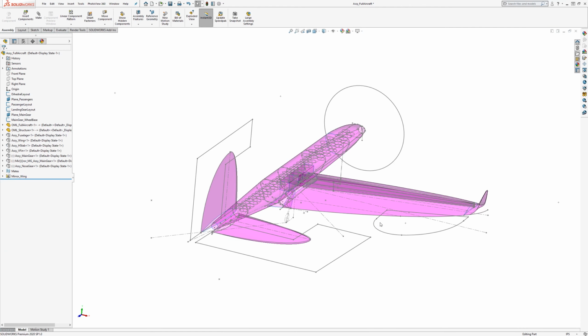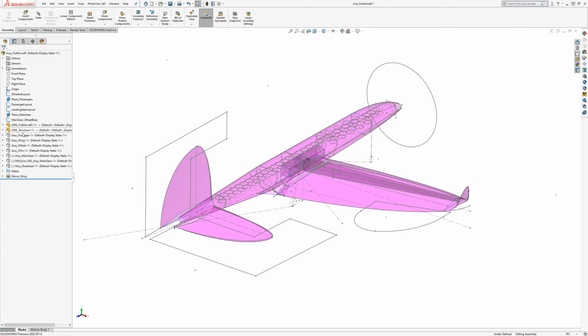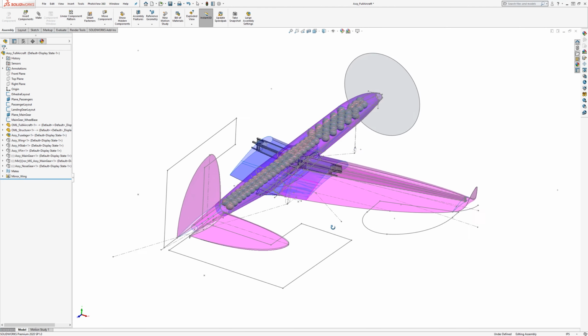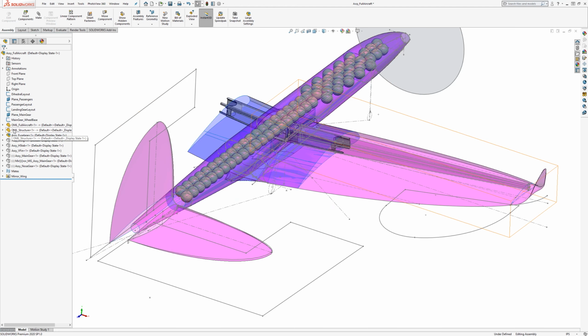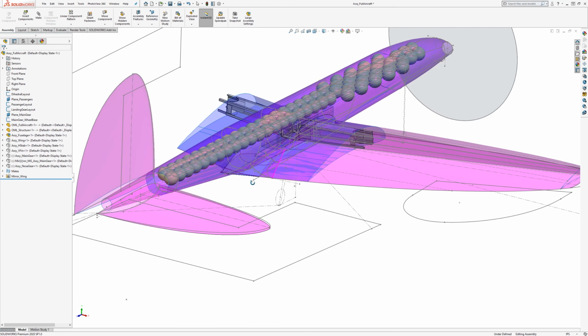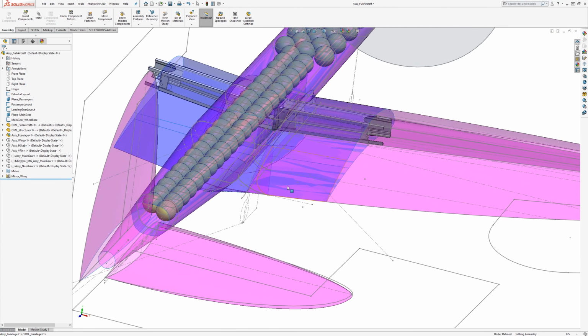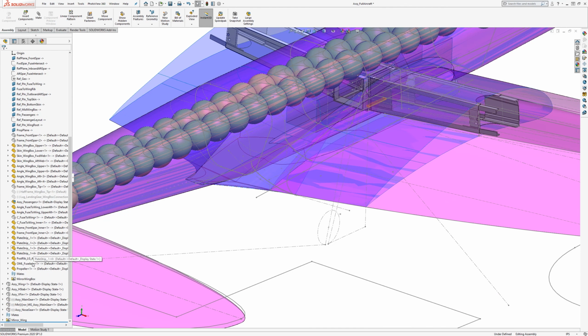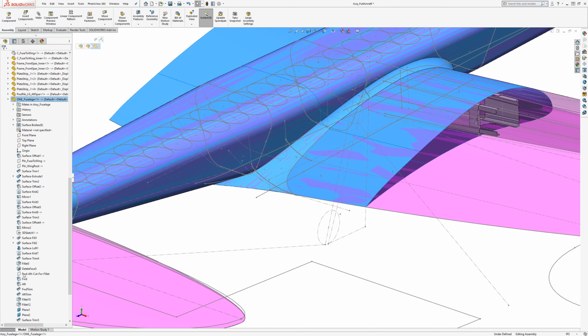Then we have the actual assemblies with the actual parts in them. So for instance, if we show the fuselage here, it's using OML from the wing and from the fuselage and from the root wing fillet, but inside the OML of the fuselage, there's a lot of surface work,